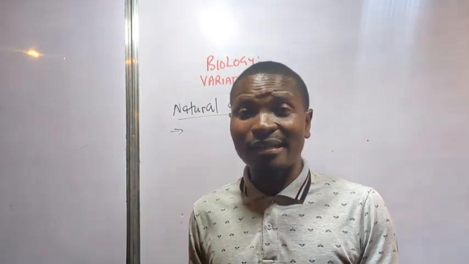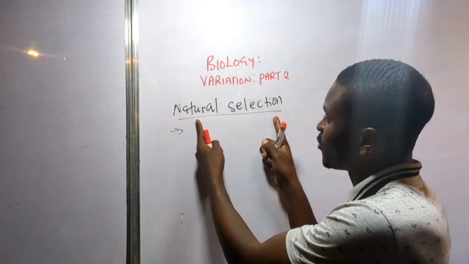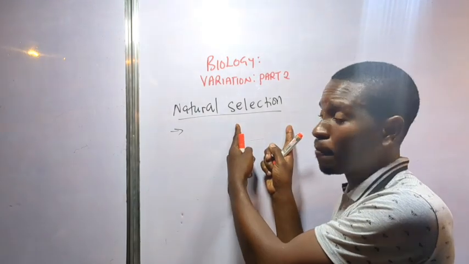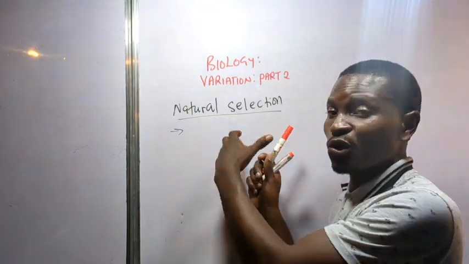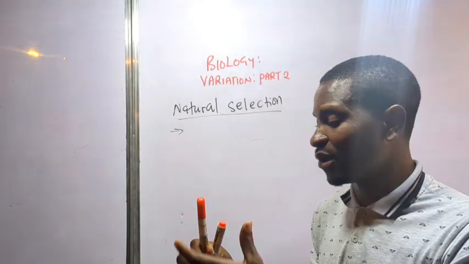So what does that mean? It simply means that there is going to be natural selection. Natural selection uses the conditions of that environment. So if it is too cold,